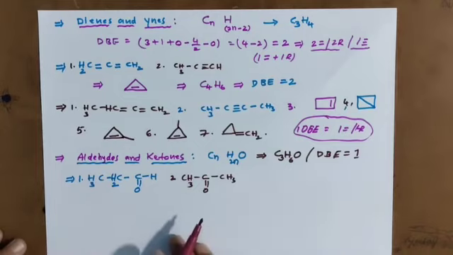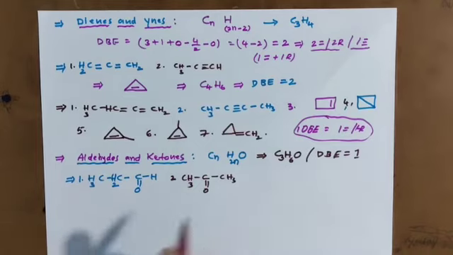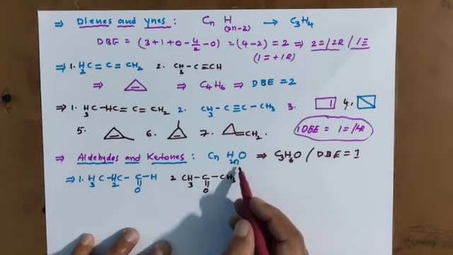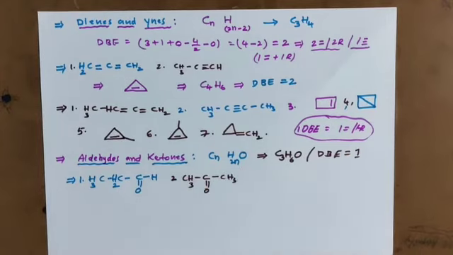And with this formula we can draw an alcohol also, but that is an enol. Enols you also get with the same general formula. What do you get? Enols. Clear? Enols also you are getting. Alcohols also you are getting with this formula.